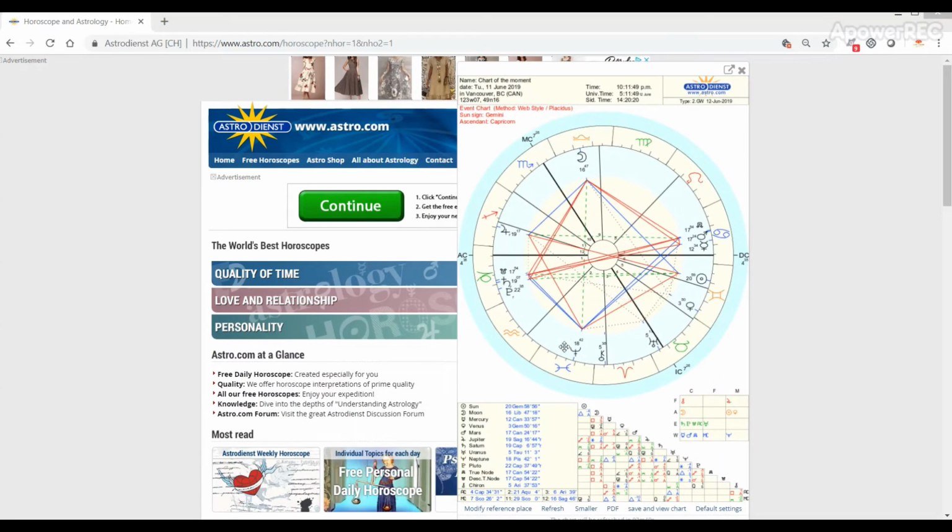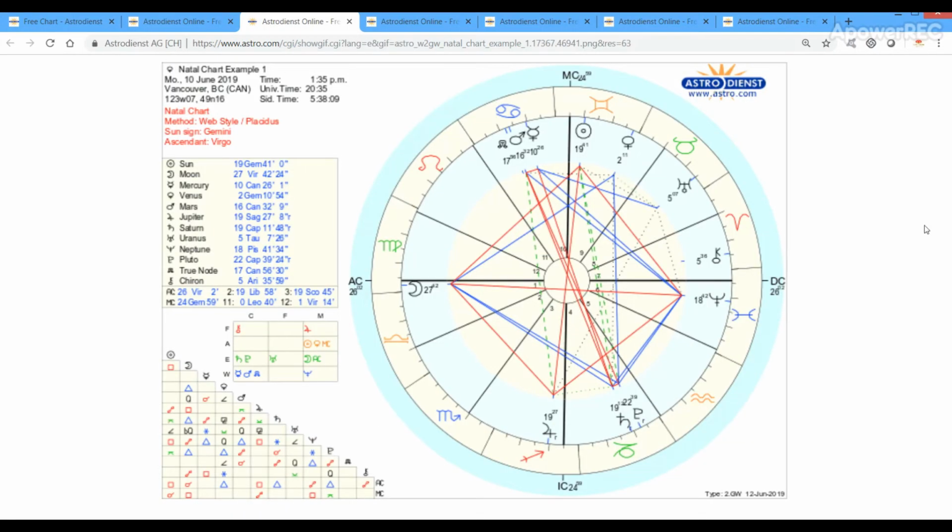And if you added, for example, some asteroids or fixed stars, I wouldn't recommend a beginner to start with that, but for some advanced astrologers it can be important, so you can also see them there once you save them in the default settings. So this is pretty much my tutorial, and I hope, guys, it was helpful in some way,